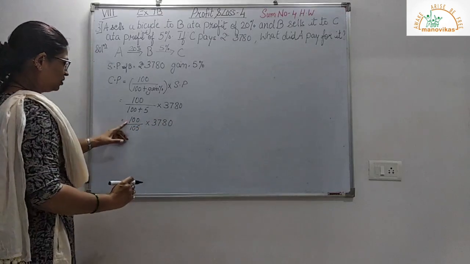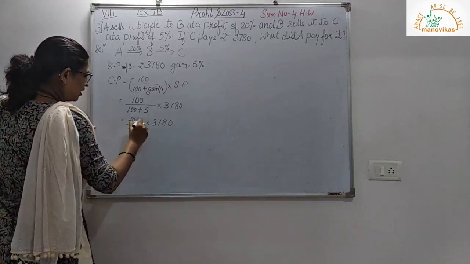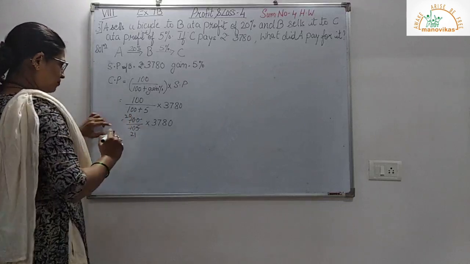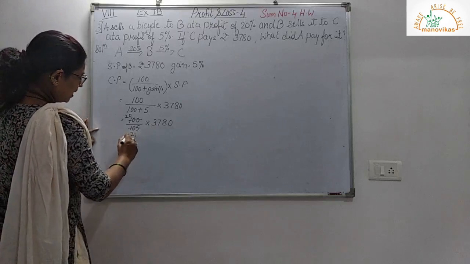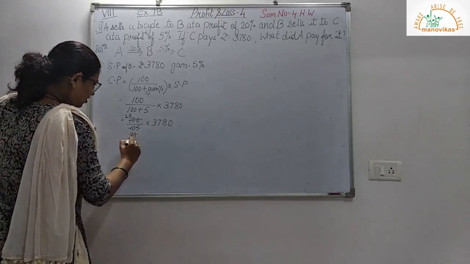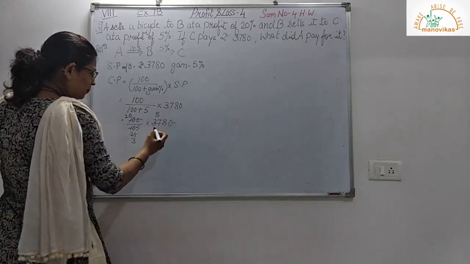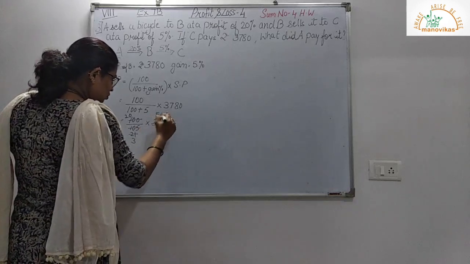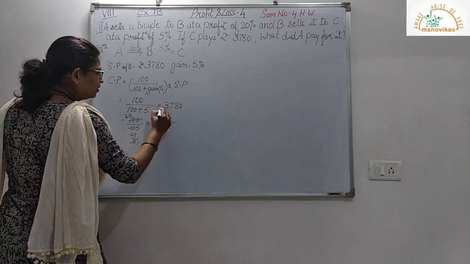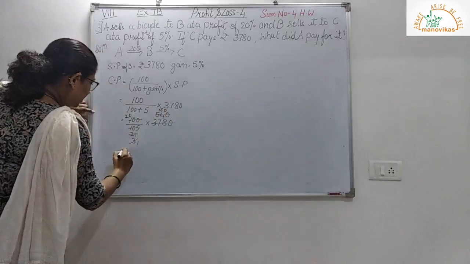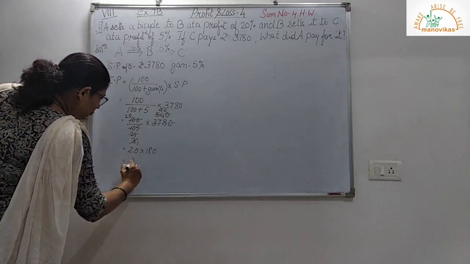So let me cancel out this first. So 5 2s are 10, 5 2s are 10. Now here this will go again with 7, right? So 7 3s are 21, 7 5s are 35, 7 4s are 28, 0s are. Again 3 1s are 3, 3 6s are 18, 0s are. So we get it as 20 into 180,